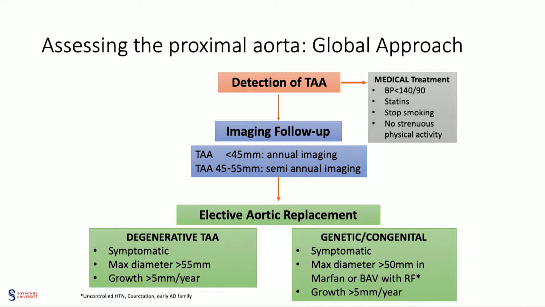So what should we do as of now? It is extremely important to measure this diameter. Nevertheless, the first step is to detect thoracic aortic aneurysm. It's often infraclinical, so we have to detect that. And this is itself very important because it will lead to medical treatment, and this is often forgotten. But control blood pressure, discuss some other things, stop smoking, of course, discuss statins, physical activity, and so on. So that's important. Then there's the question of follow-up. If the aneurysm is below 45, it's annual imaging. If it's in between 45 and 55, it's going to be semi-annual imaging. And then going on to elective aortic replacement, and I won't go into the precise indications that you all know,